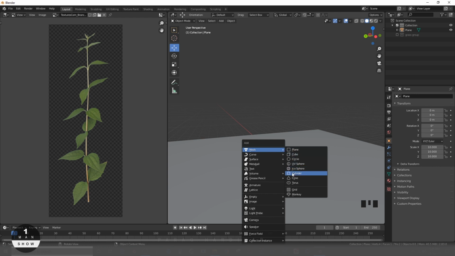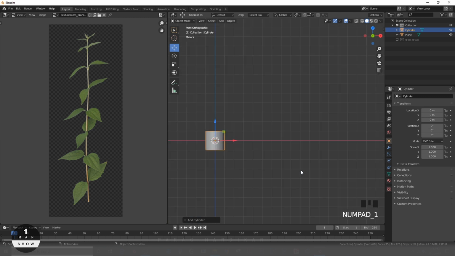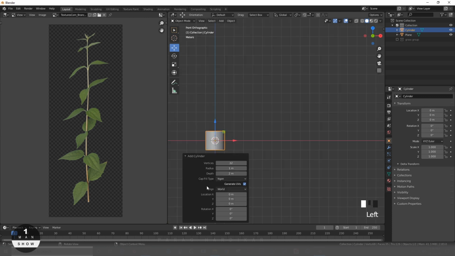I am adding cylinder here. We need to do some settings here.